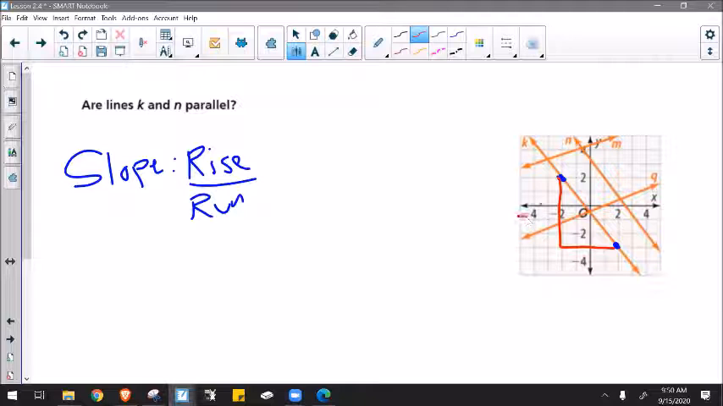So whenever you go down, that's a negative number. And then whenever you go to the right, that's a positive number. So we go to the right 4 spaces. So we say the slope of line K is equal to negative 5/4, whereas the slope of